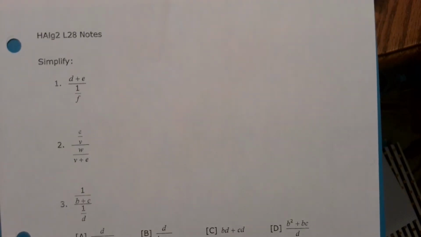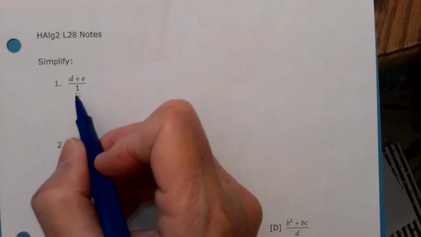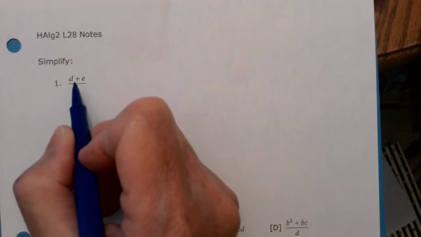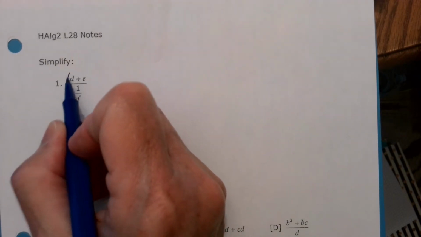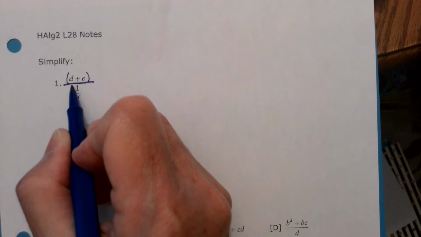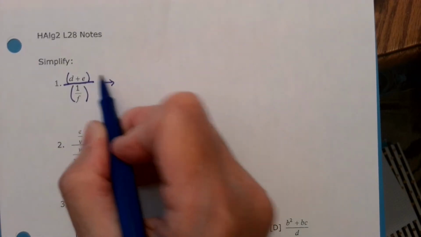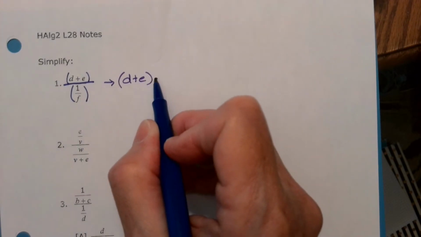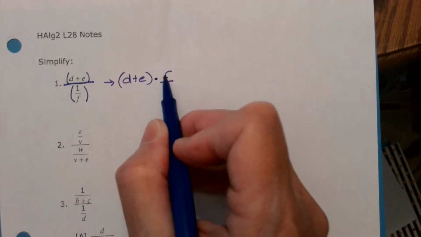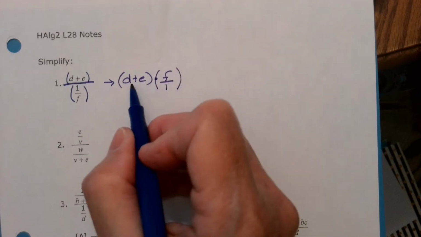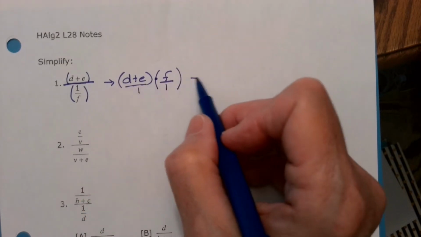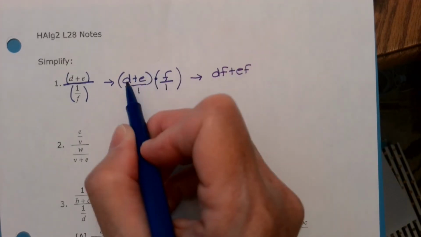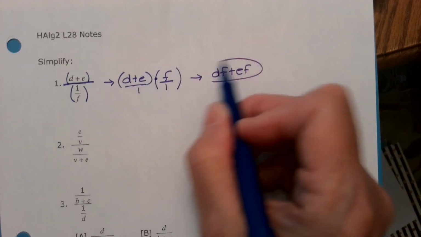Okay, lesson 28. Remember you learned back probably in 6th or 7th grade, maybe 5th grade even, that if you have something being divided by a fraction, then you're going to take the numerator, the top, and you're going to multiply it by the reciprocal of the denominator. Okay, now remember, this is all over 1, right? So here we'll get df plus ef when I distribute that over 1, which I don't have to put, and